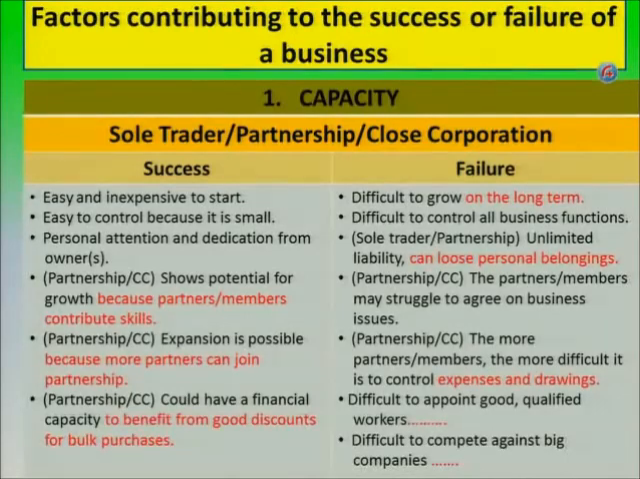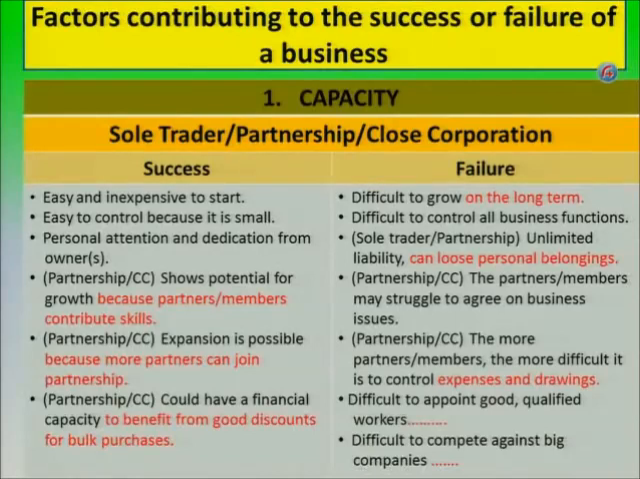Because of the difference in that, I have grouped that also together. So what we are going to do is, if you look into the slide, you will see that my first factor that can contribute to the failure or the success of a business is capacity. Now, what I have done, I have grouped sole trader, partnership, and closed corporations as forms of ownership together because of the fact that they are very, very small in magnitude,